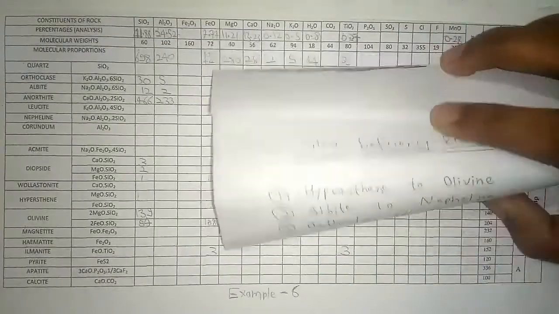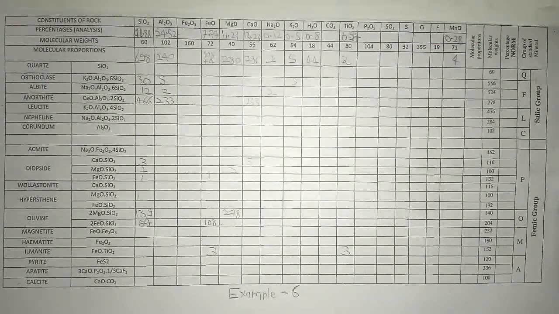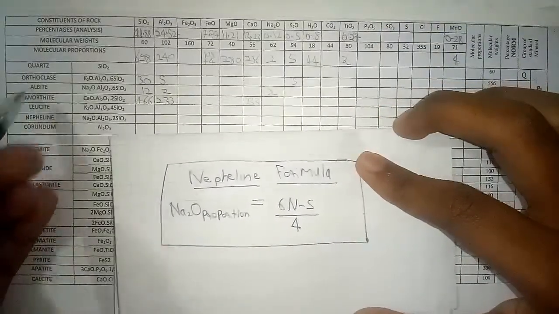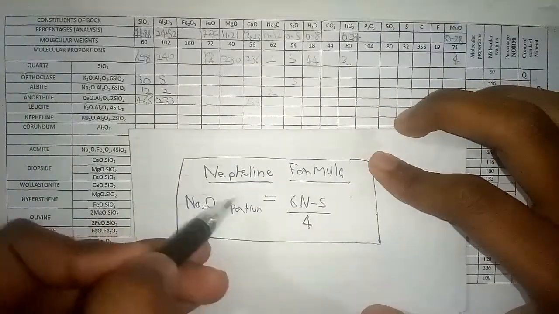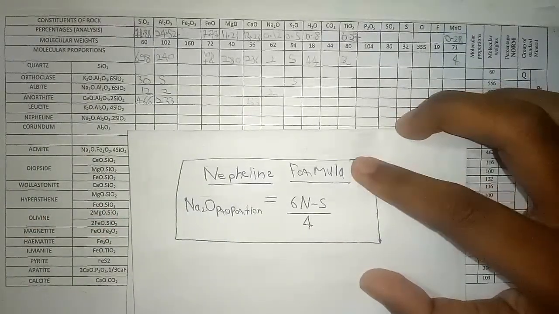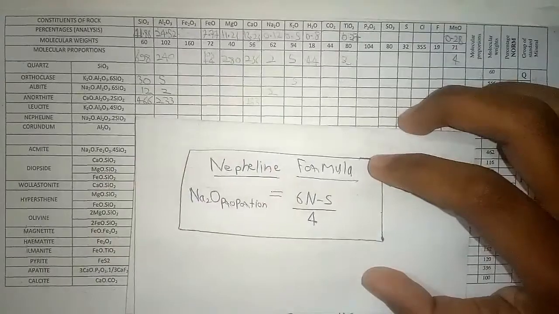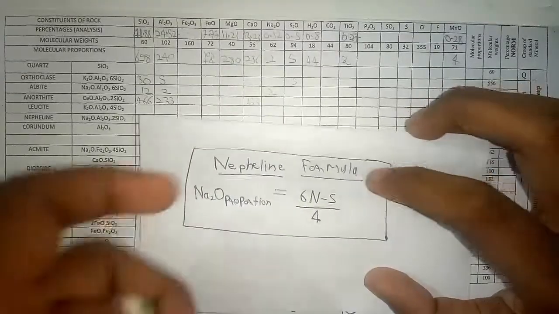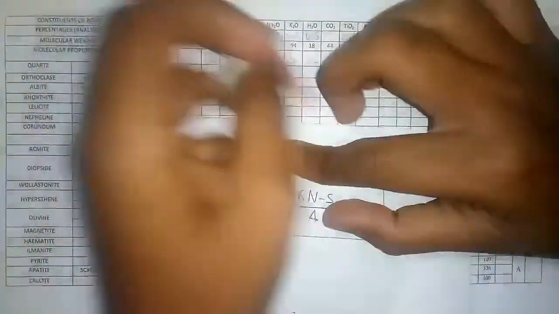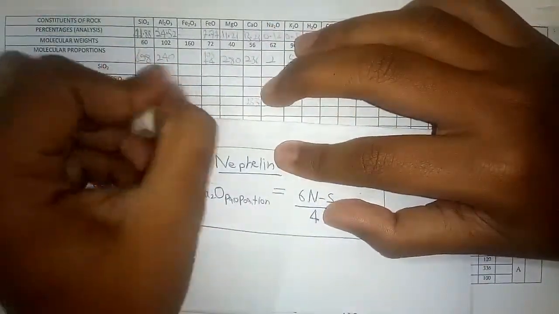So we will do that again, and for that we have the formula. This is the formula to convert albite to nepheline. The formula is here, the Na2O proportion. N is the remaining value of Na2O. When we are converting, the first step is to rub whatever we are converting. We are converting albite, so we will rub all the albite, whatever is written. We will rub this value of 2, here also 2, okay.